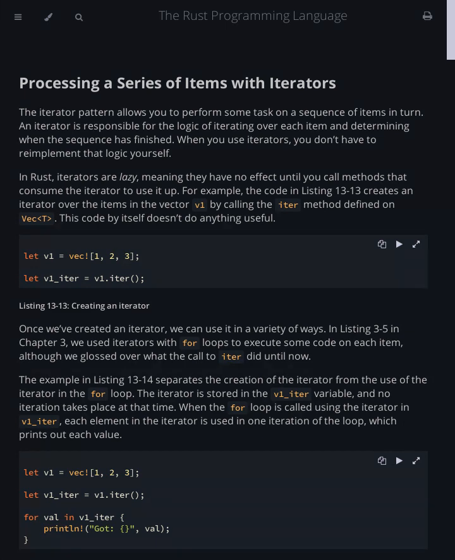In Rust, iterators are lazy, meaning they have no effect until you call methods that consume the iterator to use it up. For example, the code in Listing 13-13 creates an iterator over the items in the vector v1 by calling the iter method defined on Vec. This code by itself doesn't do anything useful. let v1 = vec![1, 2, 3]; let v1_iter = v1.iter();